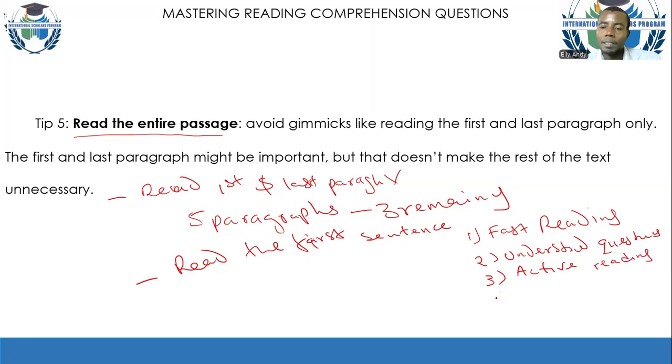Yes, then 4, stay, 4, stay, stay, stay, stay, stay, stay, stay, stay, stay, stay, stay, stay, stay, stay, stay, stay, stay, stay, stay, stay, stay, stay, stay, stay, stay, stay, stay, stay, stay, stay, stay, stay, stay, stay, stay, stay, stay, stay,